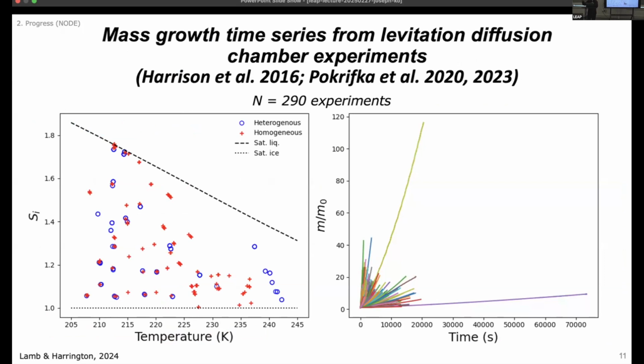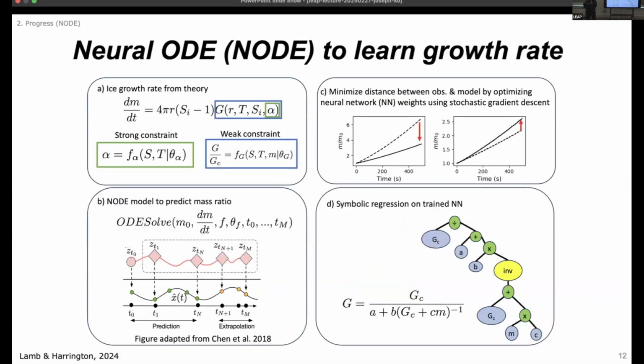And on the right is a time series of mass growth for each of those 290 crystals. What Kara did is essentially fit different parts of this mass growth rate with a neural network using this framework called the neural ordinary differential equation, which incorporates whatever traditional time integration scheme you want, for example, Runge-Kutta. Using stochastic gradient descent, you're minimizing the distance between the observations, which are from the lab measurements, and